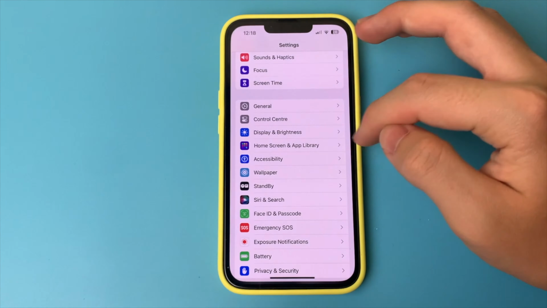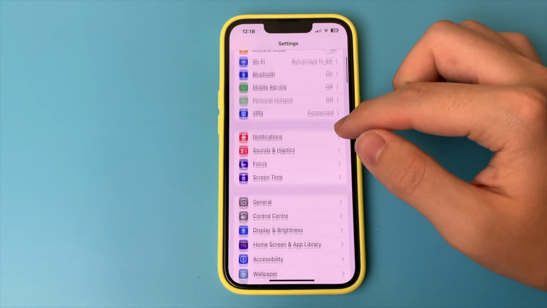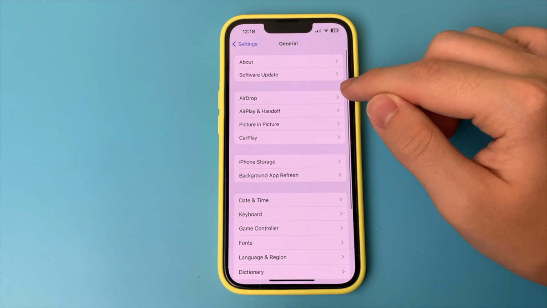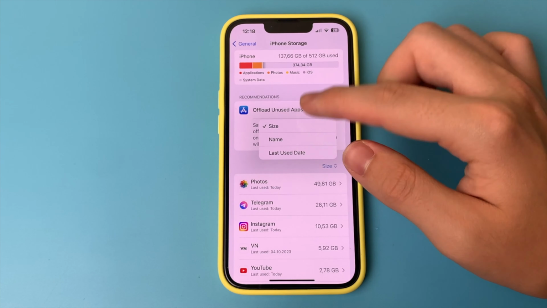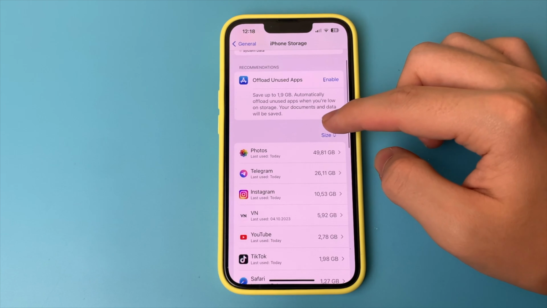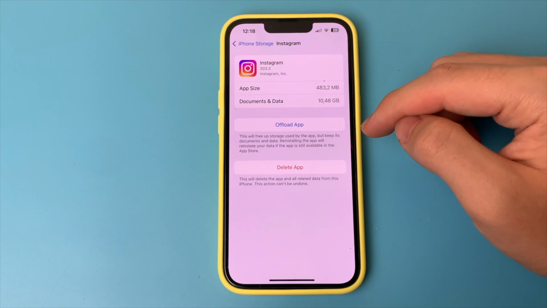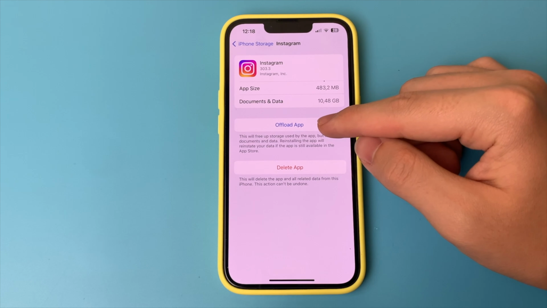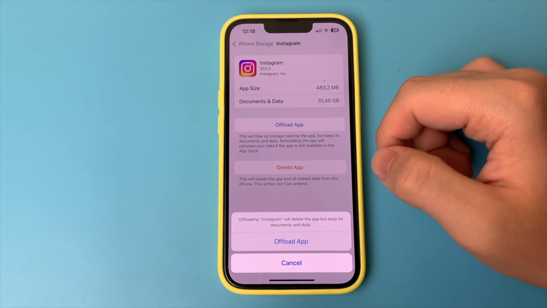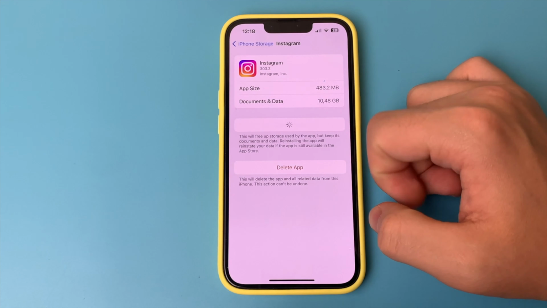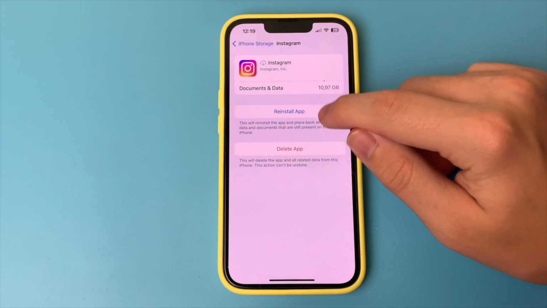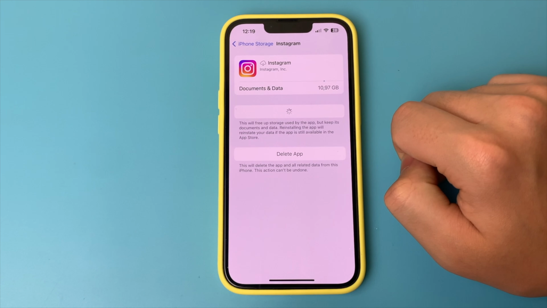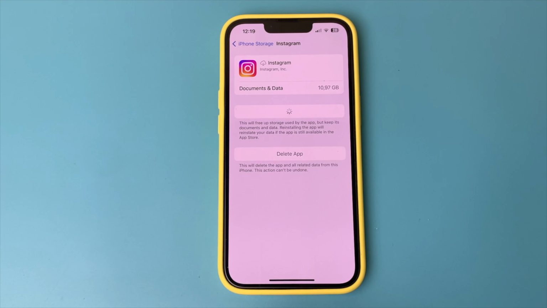That is nothing complicated. If this method did not help you, you will need to go into the settings of your iPhone. After you are here, select General, then click on the item iPhone Storage. Here you can select size or name to find Instagram, open, and you can also just reboot your device. To do this, you select your iPhone, press the off button, press the up button, and wait for a while and slide to power off. Turn the phone off and turn it on again, then your device completely reboots, and maybe this will help you.